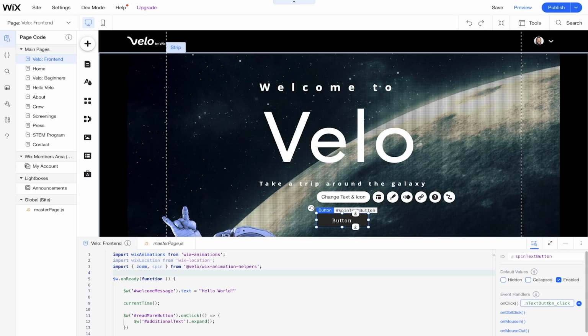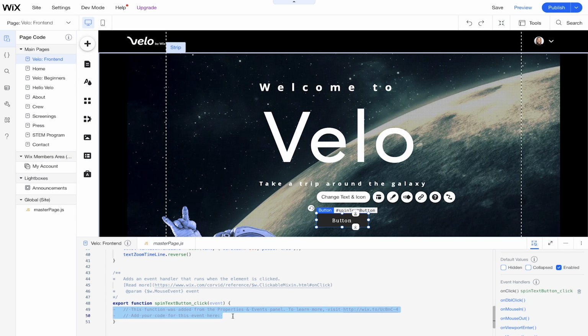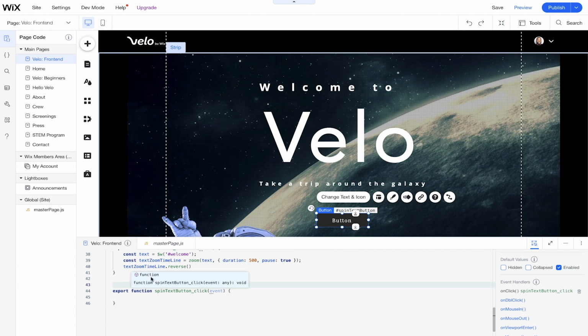Now I can rename this anytime I want before I put it onto my code panel. I can also delete and recreate these event handlers as well. But I'm just going to click enter or return, and it's going to create an event handler for me on my code panel. You notice I have this trash can here. I can remove this event. I can even add other events on top of each other as well. But we just want this simple onClick event handler. So let's get rid of these comments. I'm going to show you how easy it is just to add any type of action to this. We want all of our text to spin when we click the button.